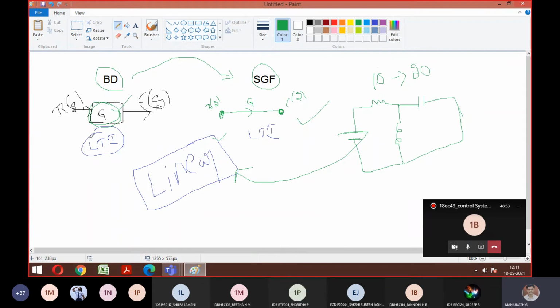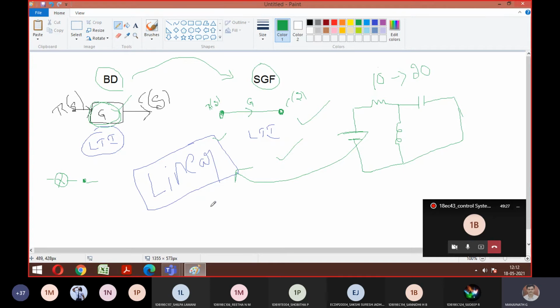Yes, sir. Then difference number 3, we used to have a summing point as well as a takeoff point or a breakout point with respect to my block diagram. So we went through this concept, correct? There is no such concept involved in this signal flow graph. That is your next difference. So I'll repeat, summing point and takeoff point or breakaway point or pickoff point are used, but here that type of thing is not used.